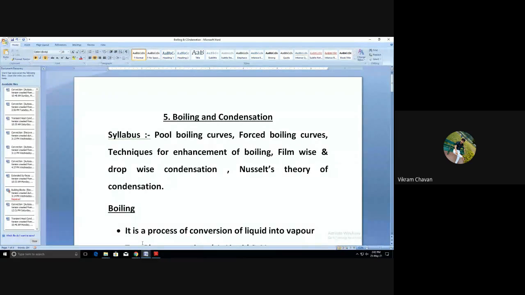Okay, why does this happen? Because at mountain level the atmospheric pressure gets reduced, and because of that less time is required, or we can say that the water will not boil at 100 degrees Celsius. It starts boiling at 90 or 95 degrees Celsius. Whereas at sea level, the atmospheric pressure is very high compared to mountain level, maybe greater than 1 atmosphere, and because of that, to convert the liquid phase of water to the vapor phase, we require more temperature.